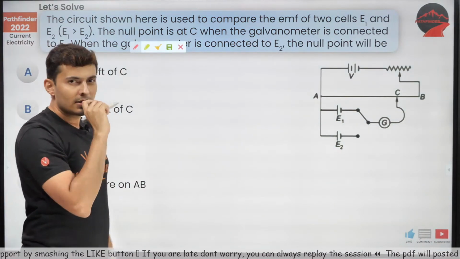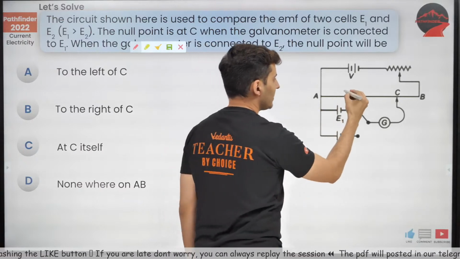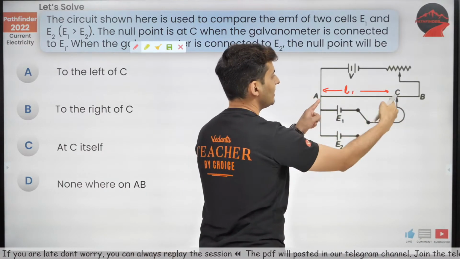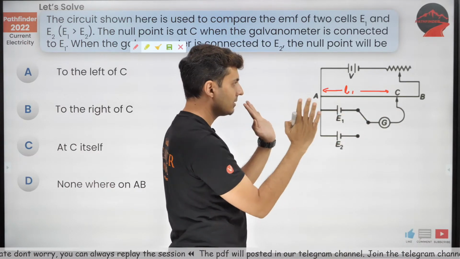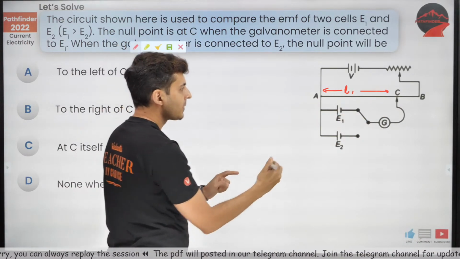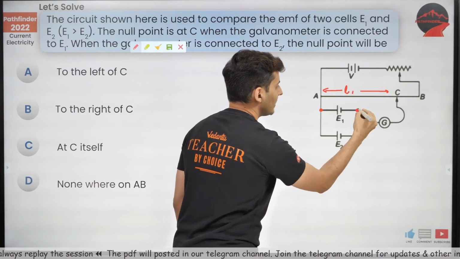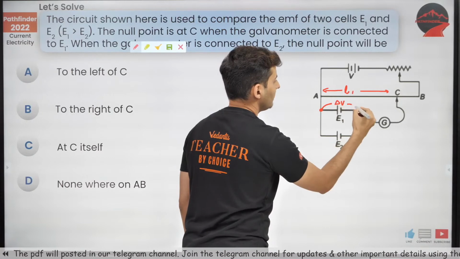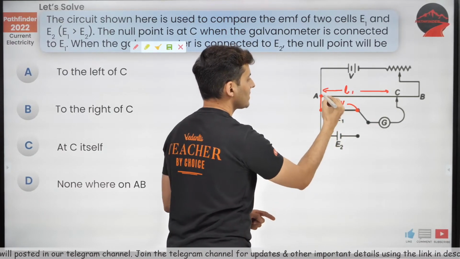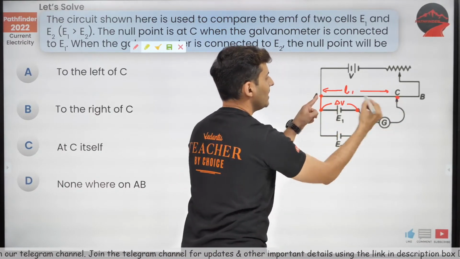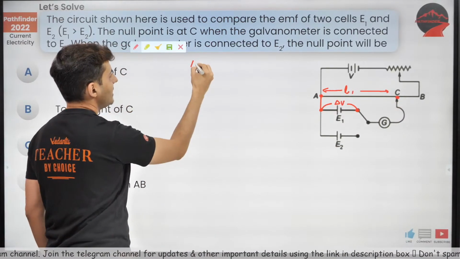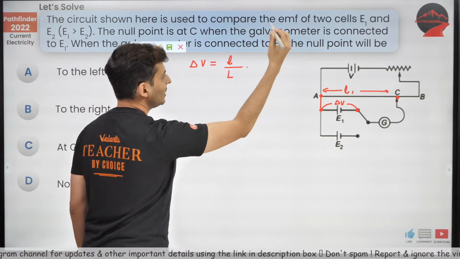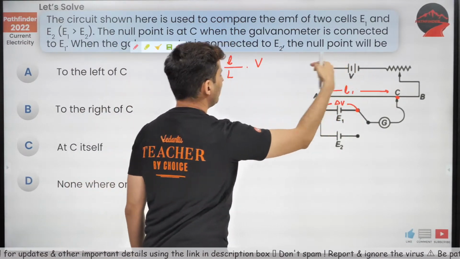All right. First, imagine this is length L1. This is the balancing length. Everybody agrees? I just gave the formula. This is my external circuit. What is the voltage difference between these 2 points which are connected between A and C? That delta V, I had just told you, is balancing length upon total length into the voltage of the primary.